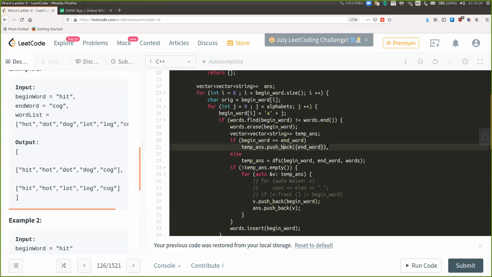Yeah, actually, that is okay. So if you think of optimizing on that front, the way I did was used an unordered map. What I'm trying to do is replace each and every letter with a star, a very special character, and then form an adjacency list out of it.